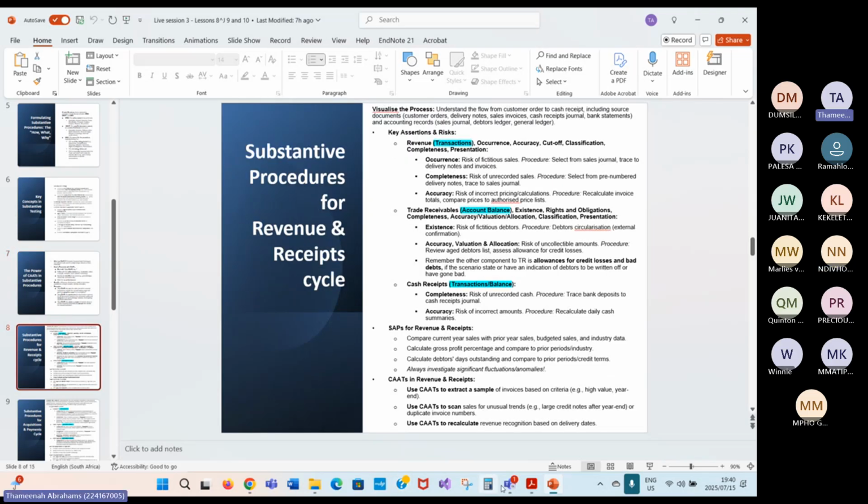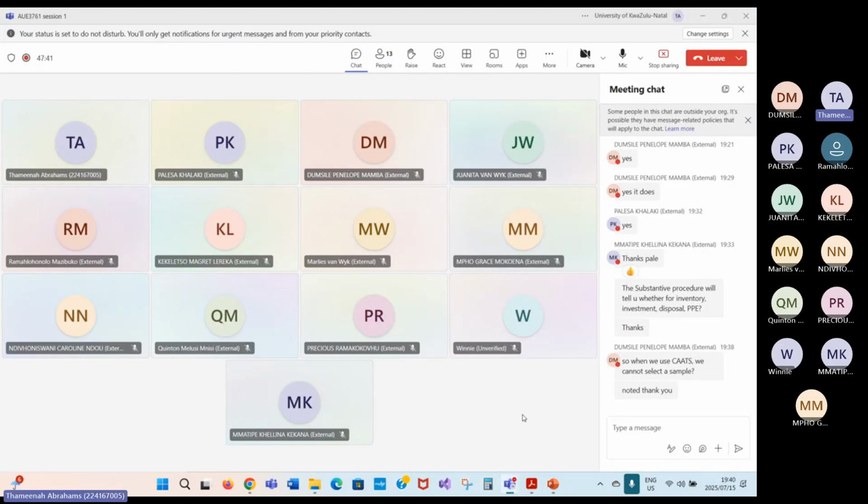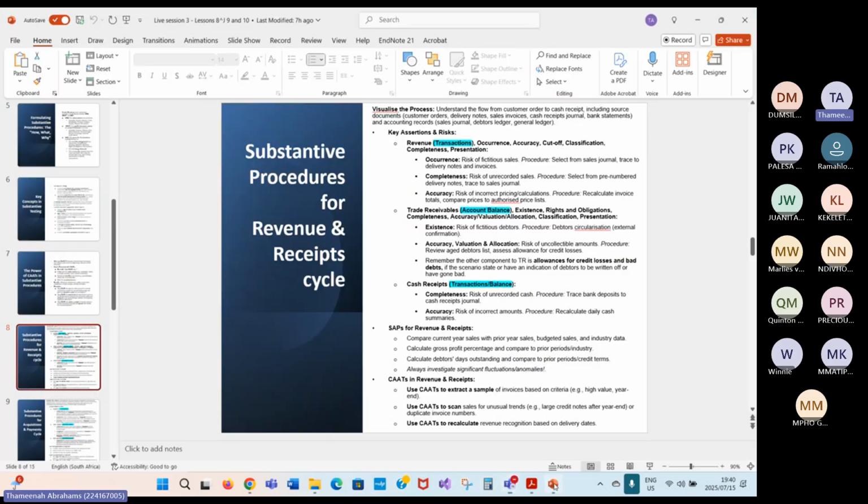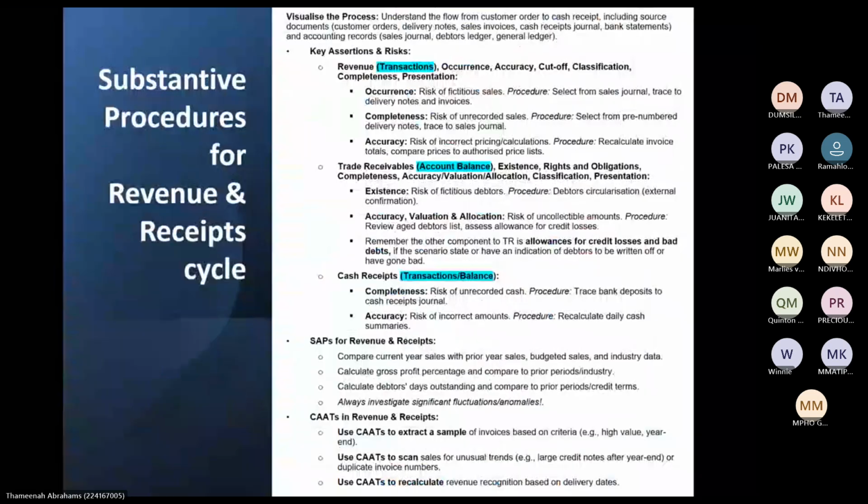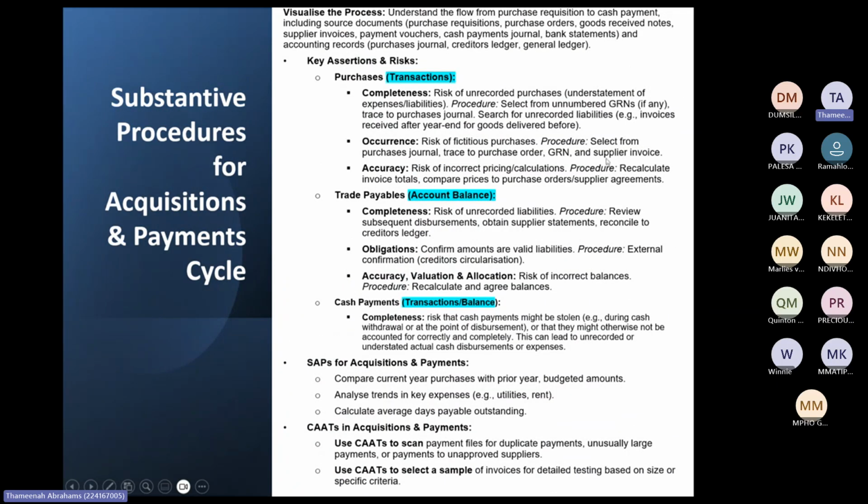I see there's another typing. Okay, noted. So we can continue. So now this part, right? Why is that thing not hiding? Okay, now